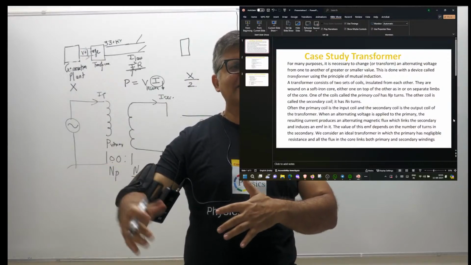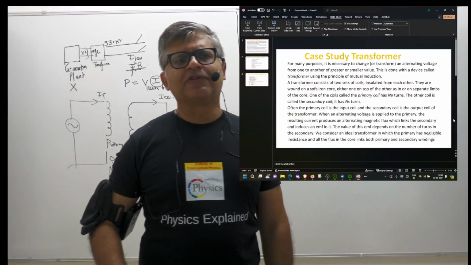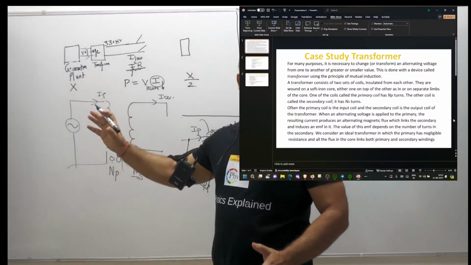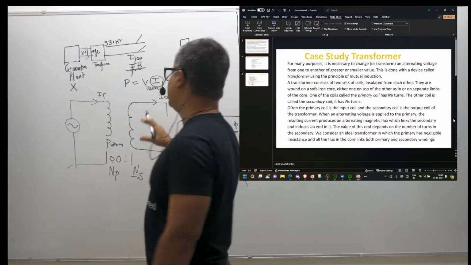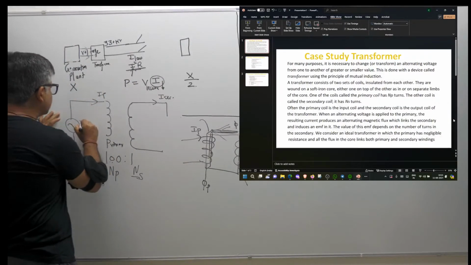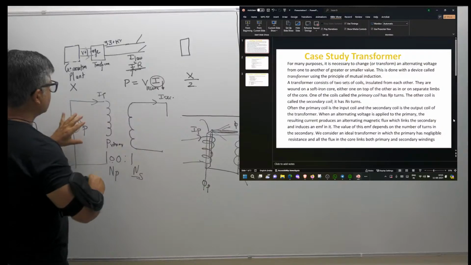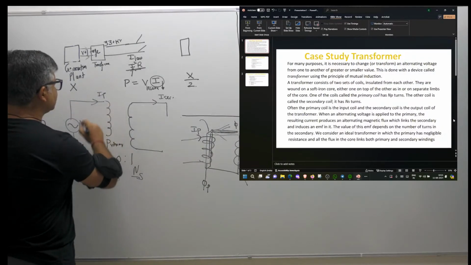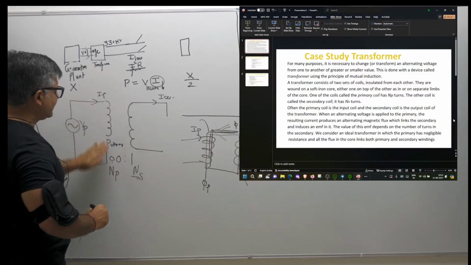So there may be mechanisms in other branches of physics, but we are talking about alternating current here. We're studying the normal transformer we see in our daily life, and therefore we are dealing with alternating current as the input. So this is V primary. Now the V primary produces I primary, and since it is alternating, it generates